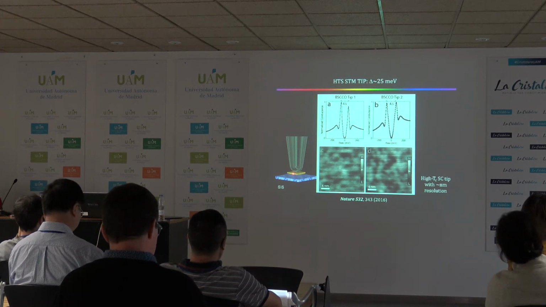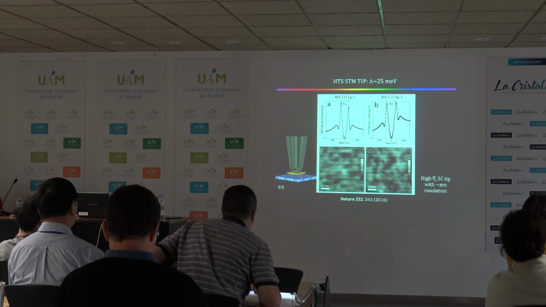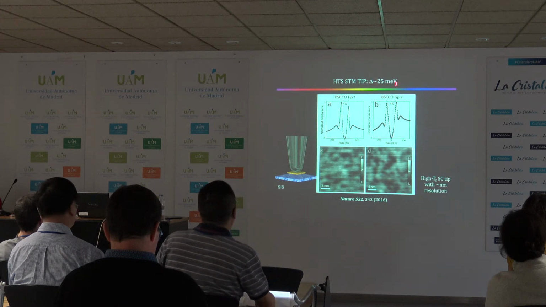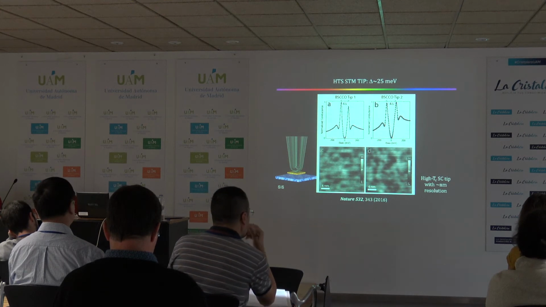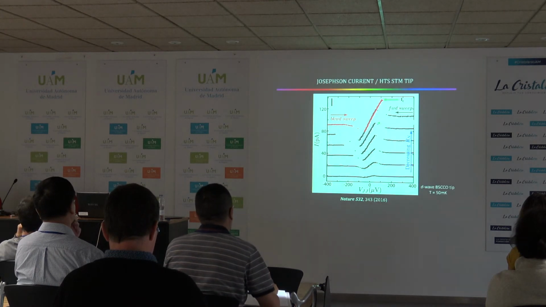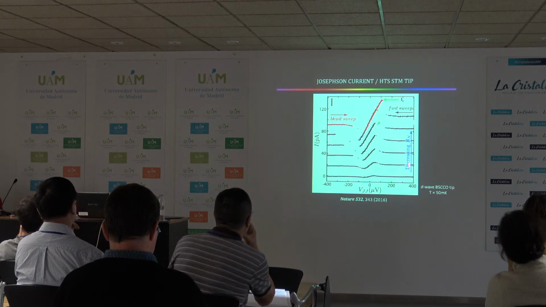This is an image taken with one of those tips. This is an image taken with a different one. We can tell that the peak in the dI/dV has doubled its energy. That tells us we're undergoing SIS tunneling. And it allows us to measure the gap in the tip, which for these experiments was 25 millivolts. So we drove up the energy gap in the Josephson energy by a factor of 25, which is a big factor in experimental physics. We drove the temperature down to about 50 millikelvin,